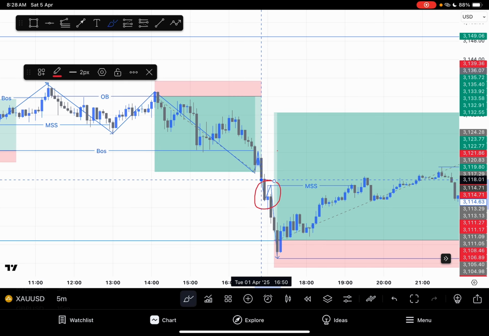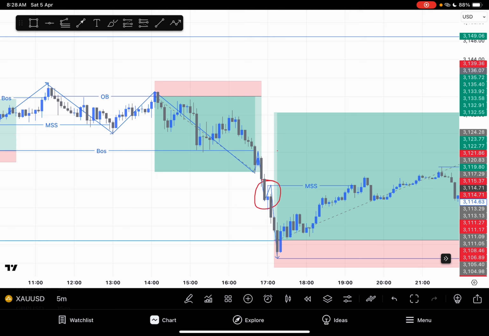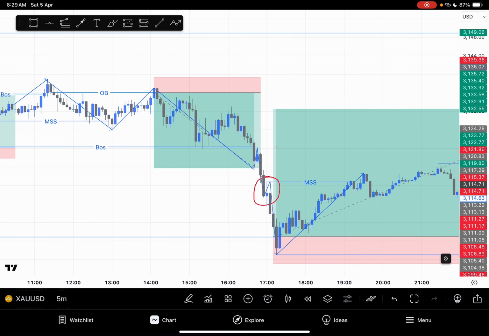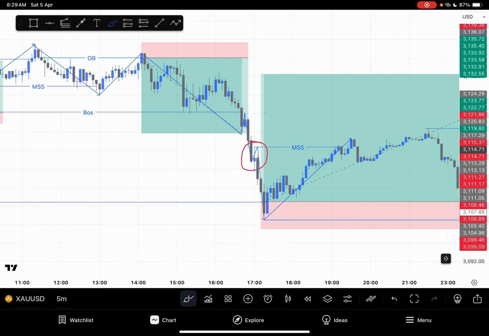So the previous high price did, and now you see price came back again to break above that previous high, creating a market structure shift, telling you the downtrend is not valid anymore and price has automatically changed to an uptrend. And the reason why I took this particular trade from this point, if you trace that line